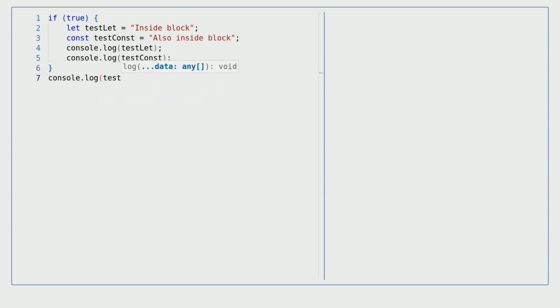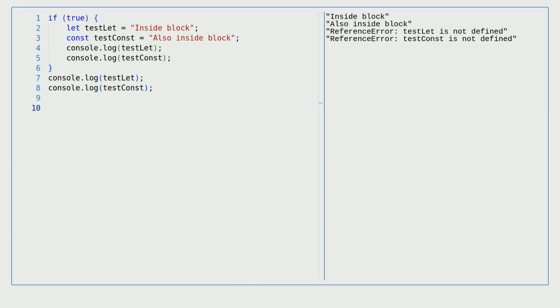Let and const, on the other hand, are block scoped. This means they can only be accessed within the block they are defined. As you can see, when we try to access test let and test const outside the block, we get a